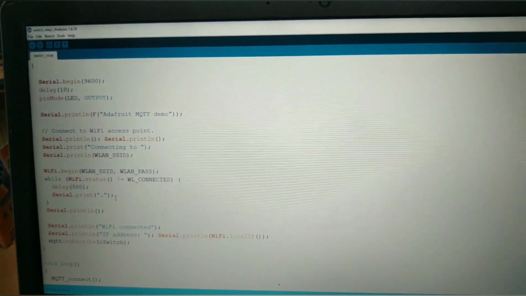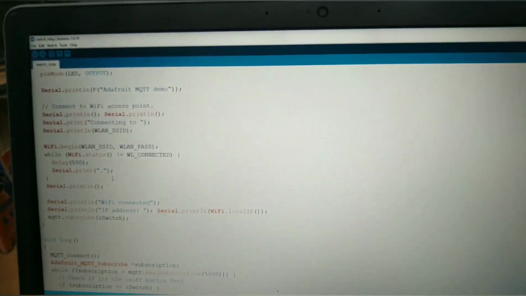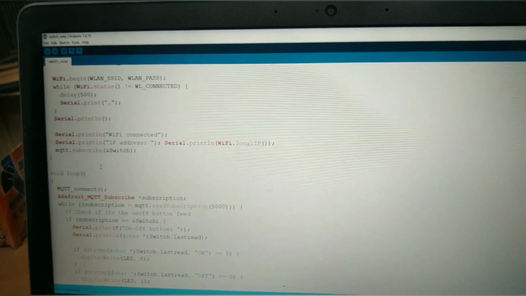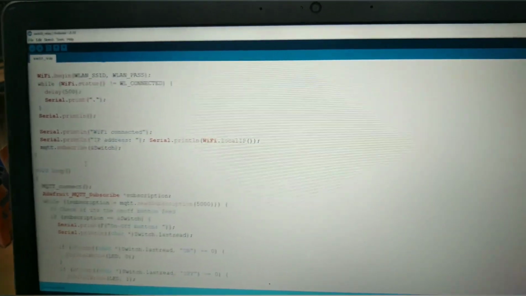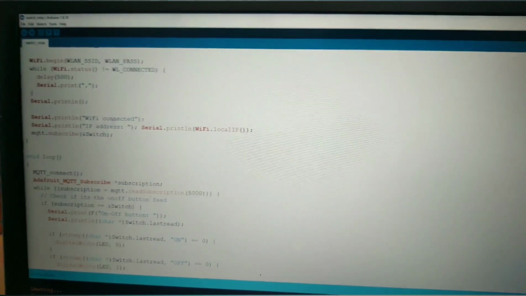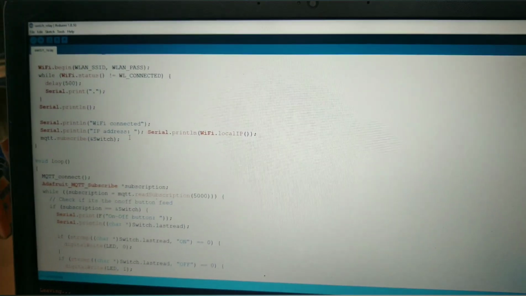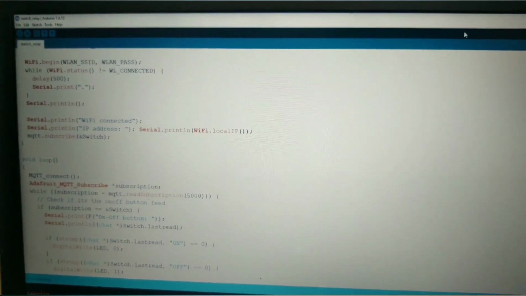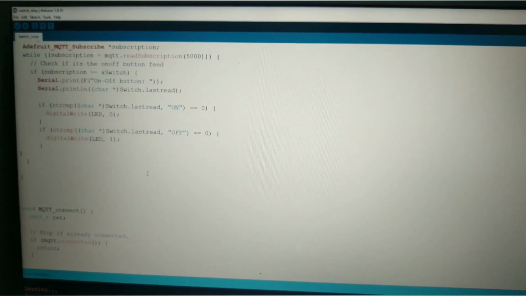This is for the connection, and if it is connecting, there is a delay, and if the Wi-Fi status is not connected, then again a delay, and later on if it is done, it will show Wi-Fi connected and the IP address to which it is connected on the serial monitor, and it is the loop.